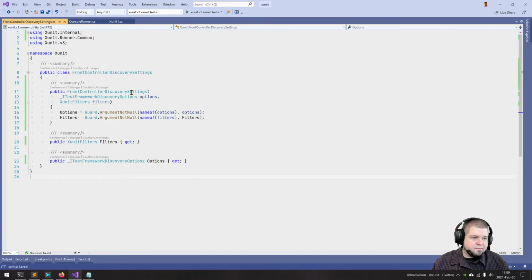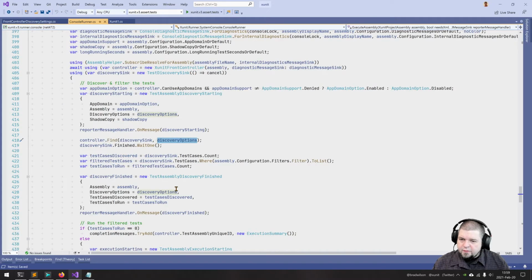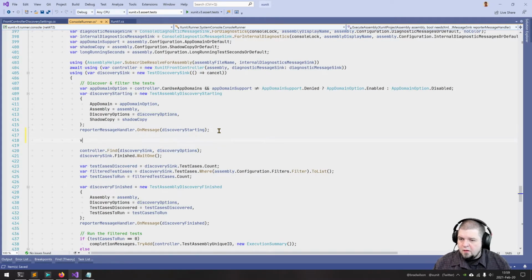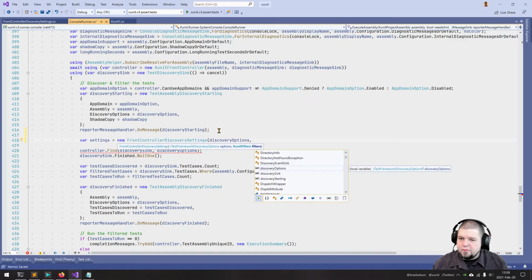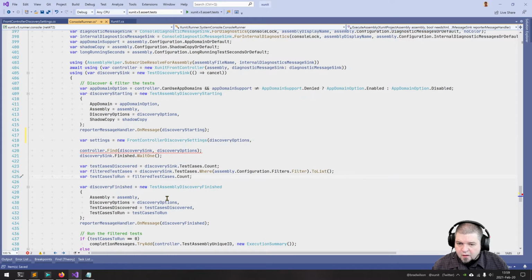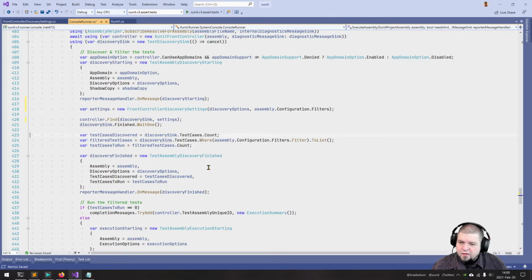That's fine. So when I come over here to console runner, settings will be a new front controller, discovery settings, for discovery options, and filters come from here. All right. So I want you to discover with those settings. Which means